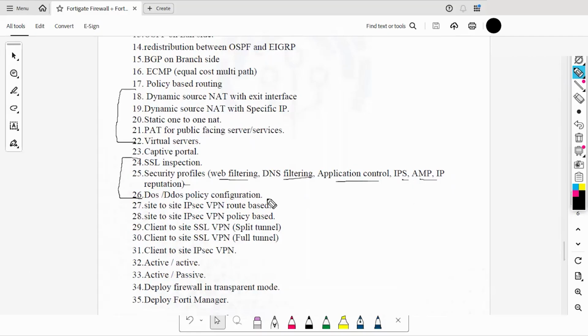After that, we will cover the VPN concepts, like these are the VPNs we will have. See, there are different types of VPNs. Usually we do route based VPN or policy based VPN in site to site VPNs. Then what is a split tunnel? What is a full tunnel? This is a very basic concept you need to understand if you are going with the enterprise level